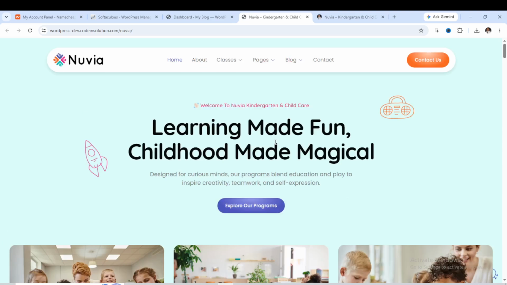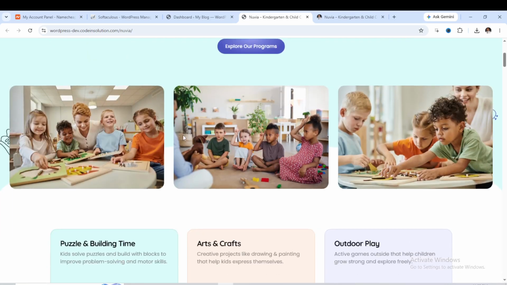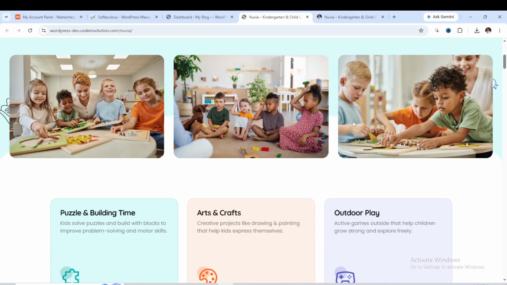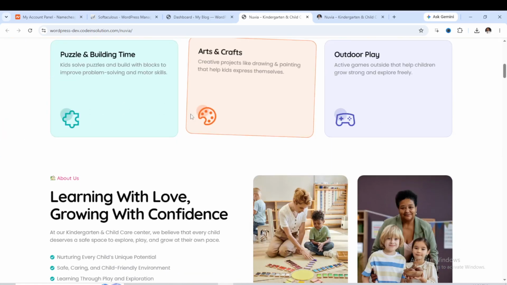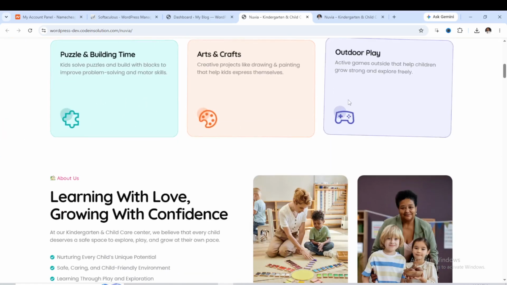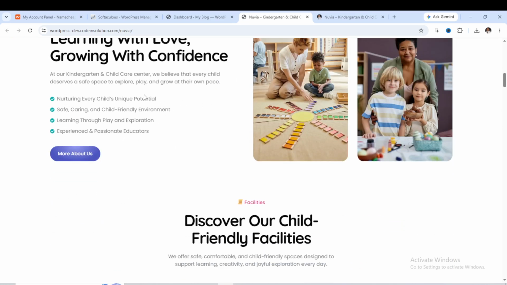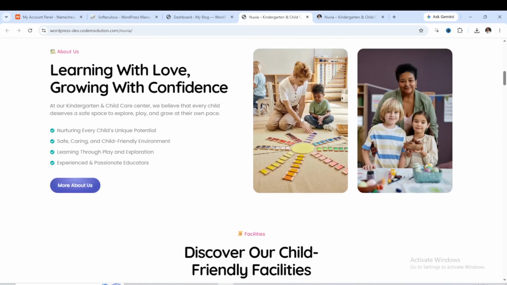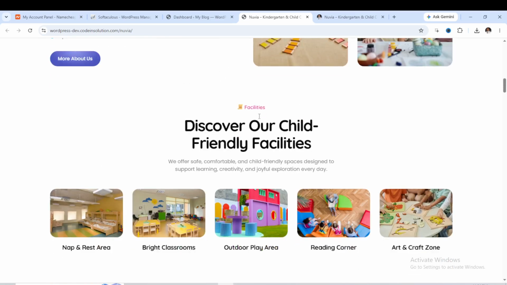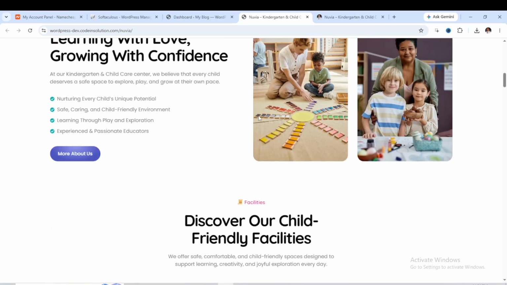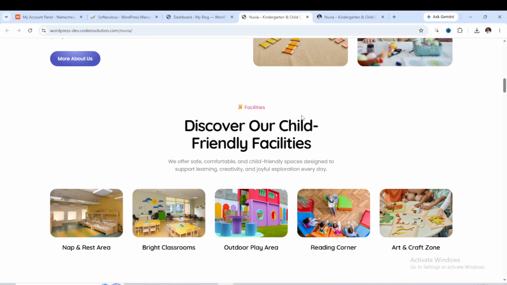So this is a child care and a kindergarten website. So I'm going to show you how to build this with WordPress. You can see this is professional looking. So I'll show you how you can change this image to your own student images. You can also change the colors, the typography, the text. So I will show you how you can change this and rebrand it. Even if you want to change the whole background color, I'll equally show you how you can go about and